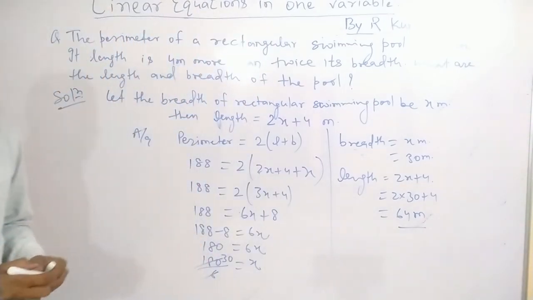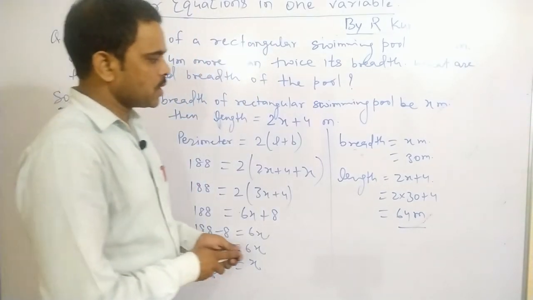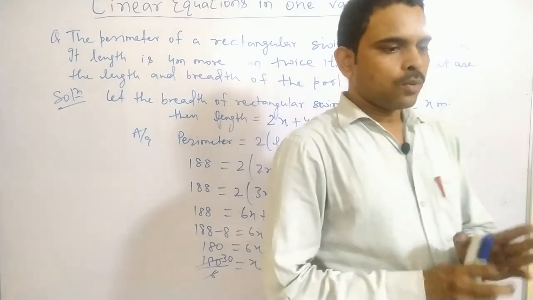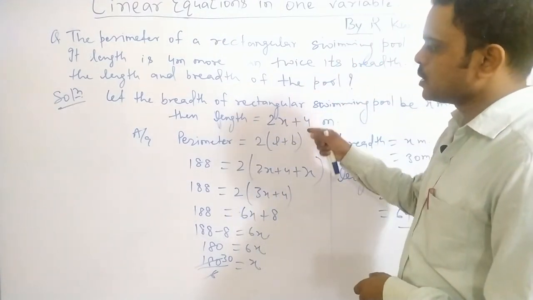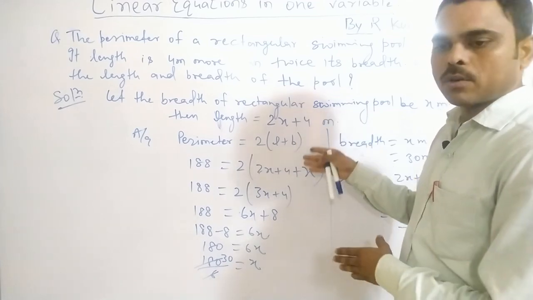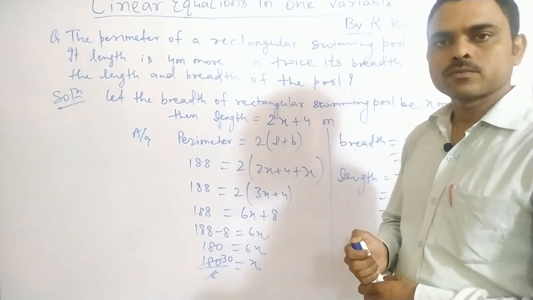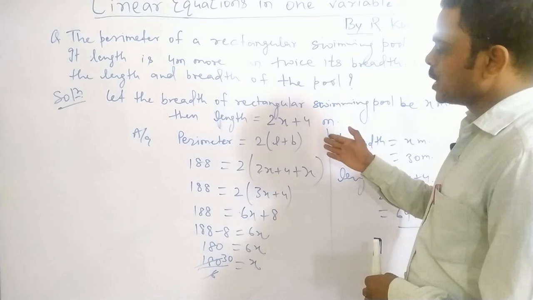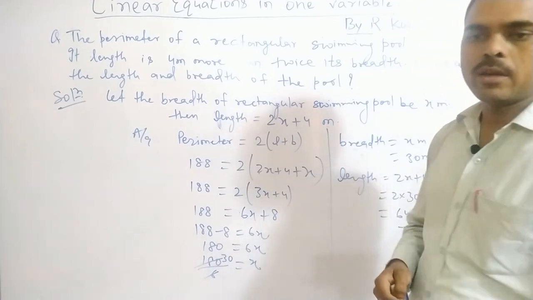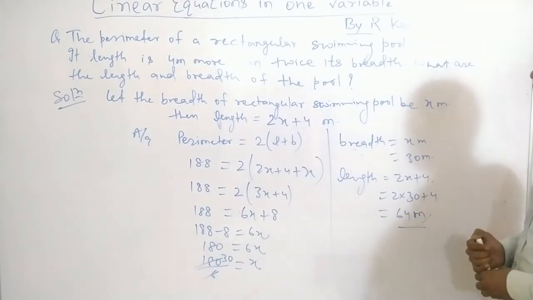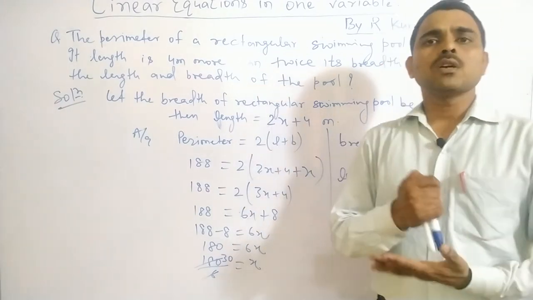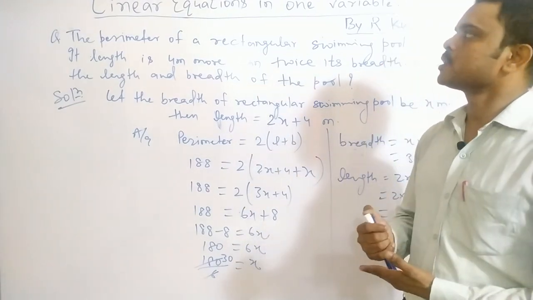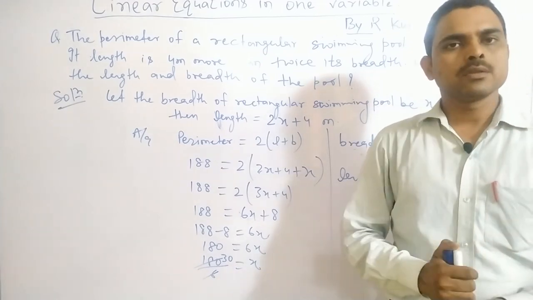So in all these 4 questions we have seen that one thing is very common. We have to consider any of the required terms. After that, make an equation and get the value for the unknown term which you have considered. In this way, we will solve all the questions related to linear equations.